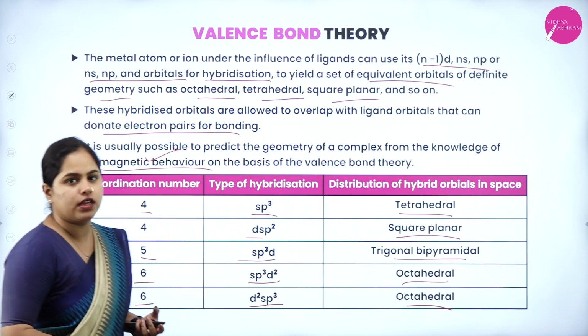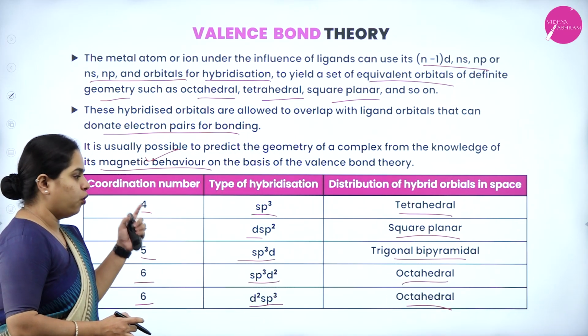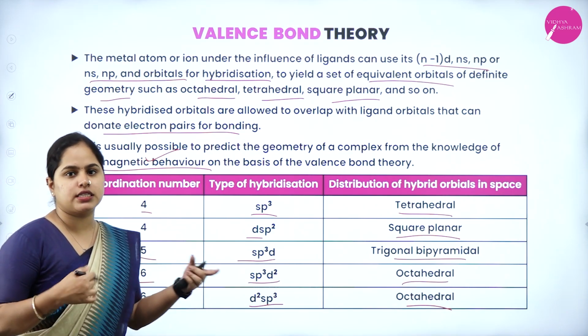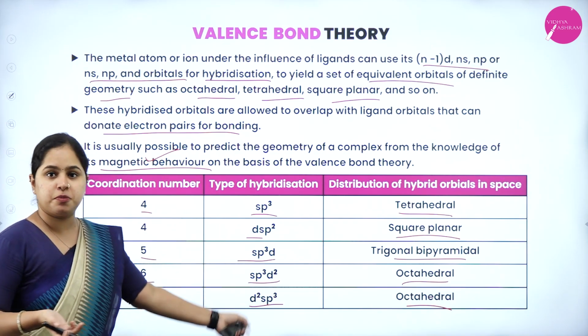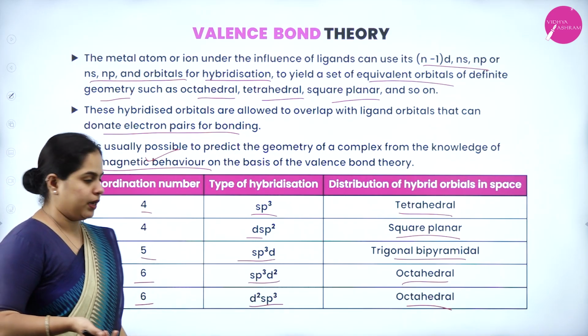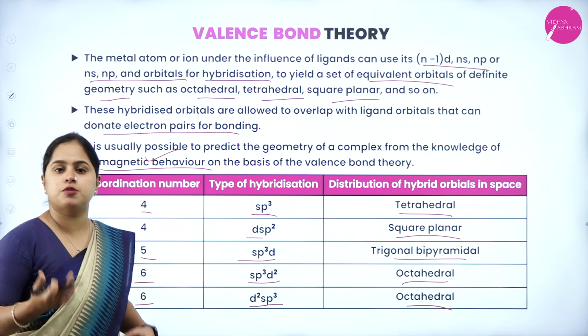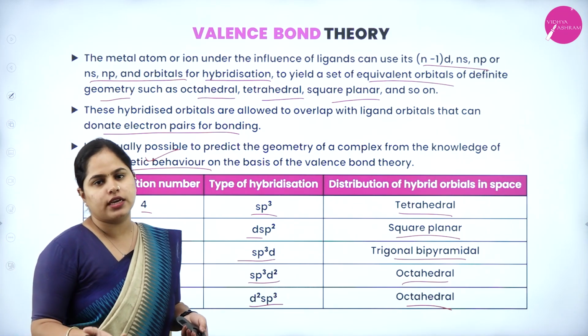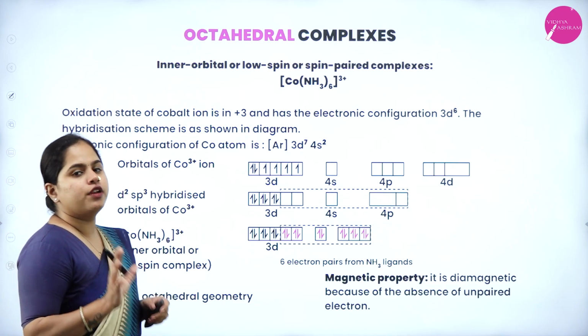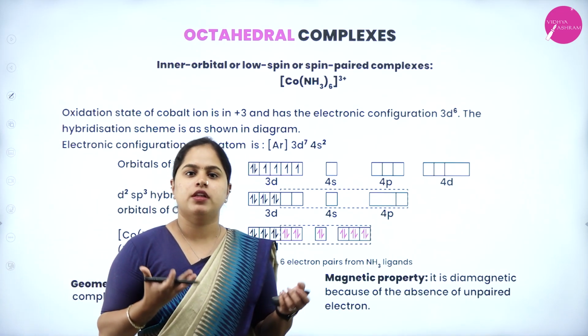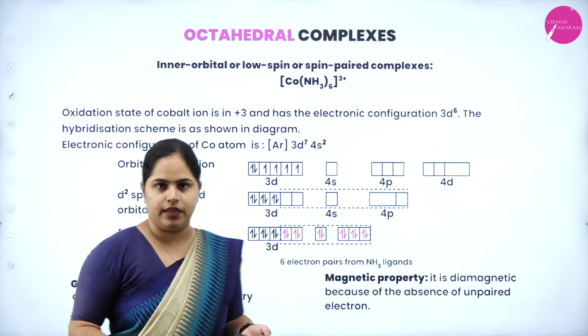So this table is very, very important. For coordination number 4, sp3 is tetrahedral, dsp2 is square planar. For 5, it is sp3d, trigonal bipyramidal. For 6 there are two possibilities, sp3d2 and d2sp3, and in both cases the geometry is octahedral. So in detail, let us see for different compounds how we can determine the geometry and the magnetic behavior